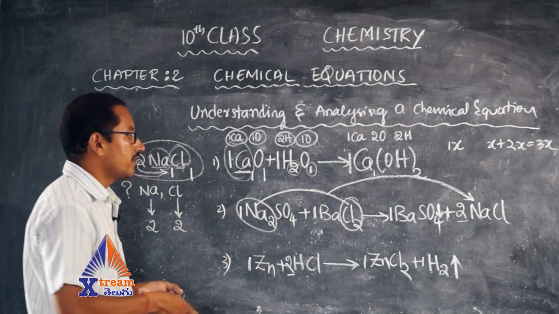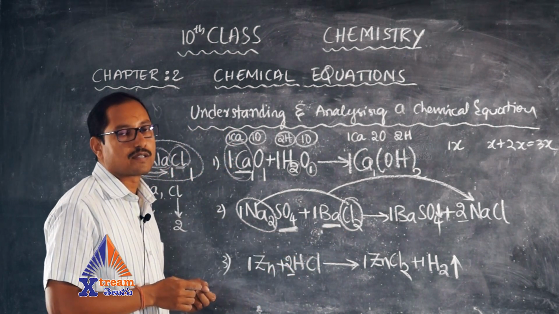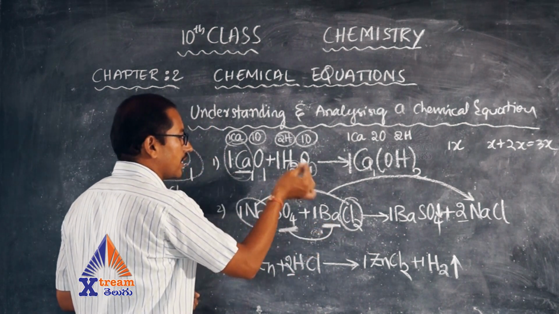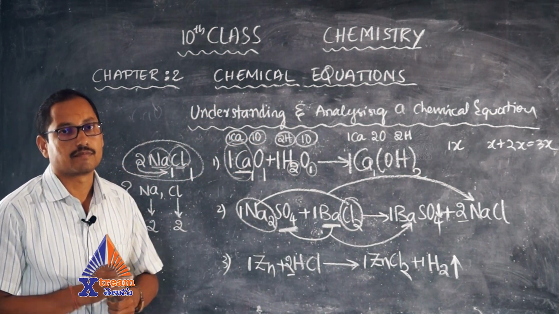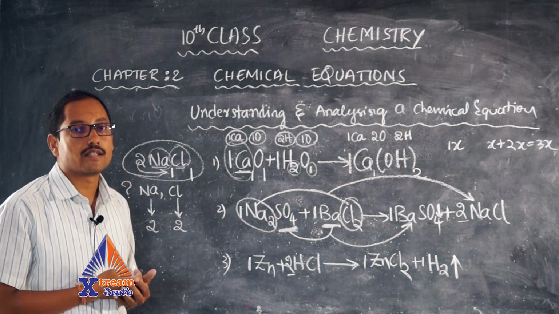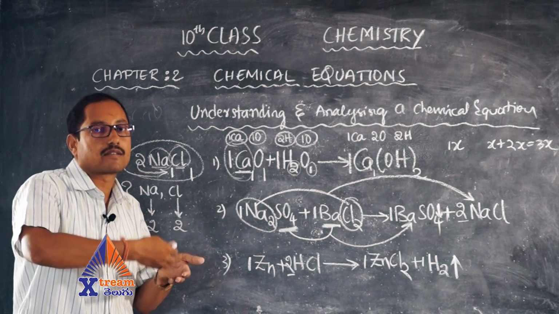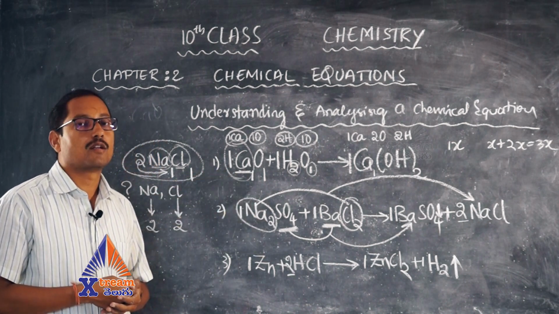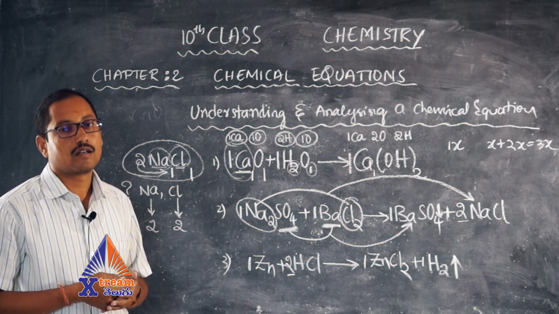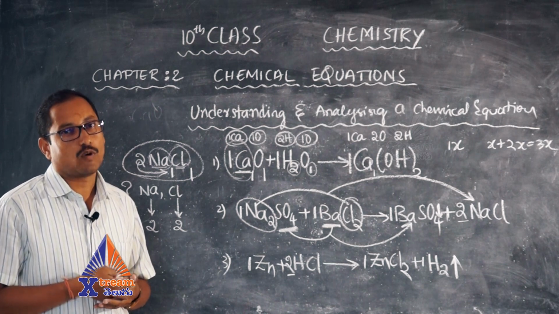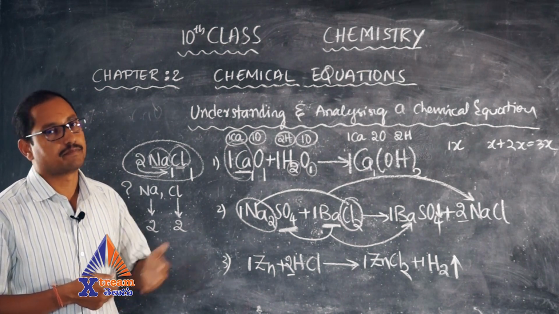What is remaining here? Here barium is left out and here the sulfate molecule is left out. Barium and sulfate mix together to give us barium sulfate. So this is how we have to analyze the chemical equation. This is called the mechanism of a chemical reaction. Which element is getting into contact with what element and giving us what chemical combination or compound, that we can understand by seeing the chemical mechanism.